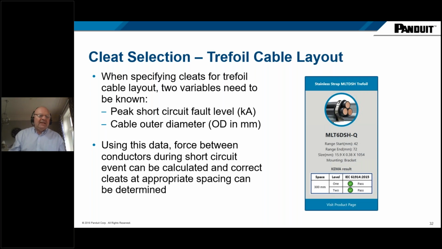And typically we need to know what the peak short circuit fault level is in kiloamps, what the outside diameter of the cable is in millimeters, and potentially what the spacing between each fixation point is. And those are typically calculated in multiples of 300 millimeter spacing, because the rungs on ladder rack are typically 300